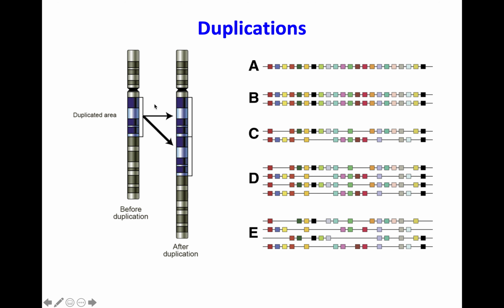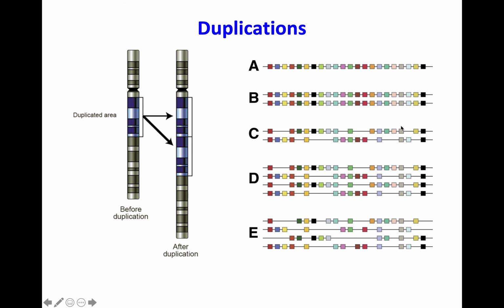This is the duplicated region. Once you duplicate the region, the chromosome is just a bit more lengthy. I would say the length would have increased, but what has been duplicated is only this region. That's it. Later on, over the years, during duplications, after it has been duplicated and duplicated,